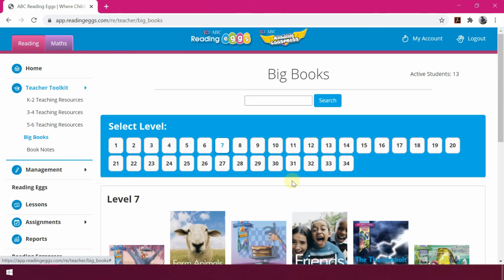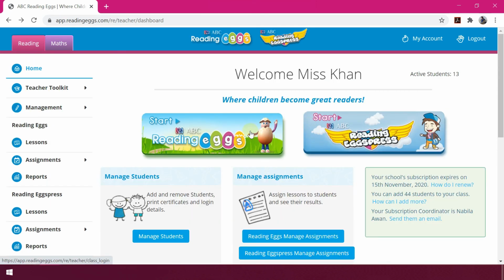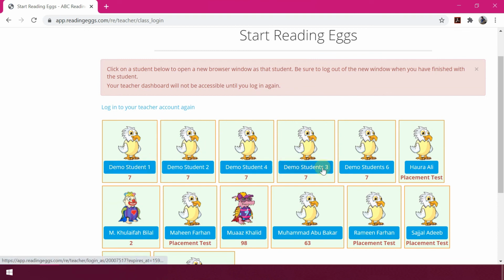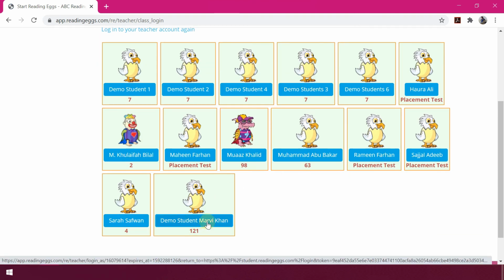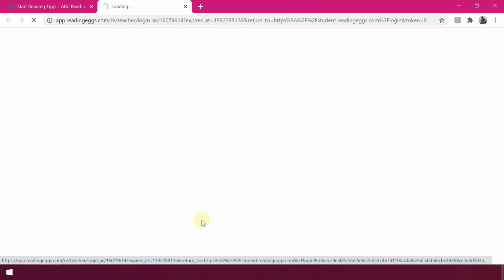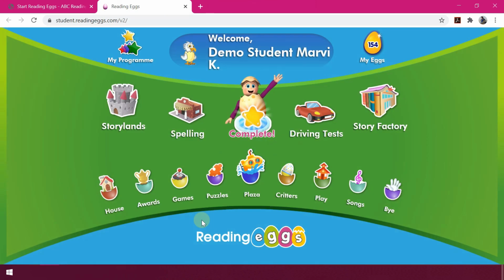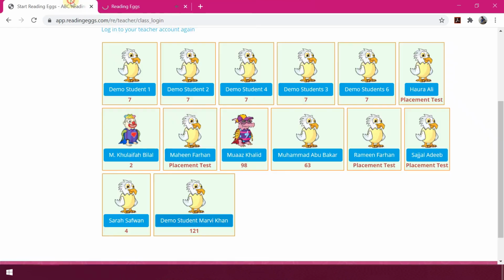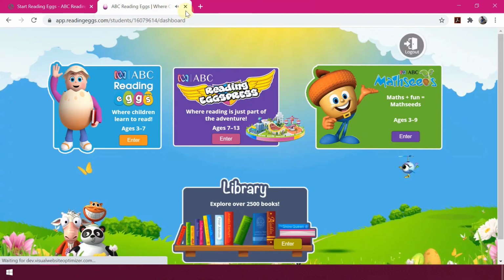Interesting? Indeed it is. Teachers are provided with an opportunity to view their students' accounts or launch their own account as a demonstration. For example, just click here and see, these are all your students. This is your demonstration account. If you click it, it will take you to a child's account. The view of the child's account starts to appear, showing what features are available in the child's account and how they work. Click by click, that's how easy it is to understand how things work in the students' account.